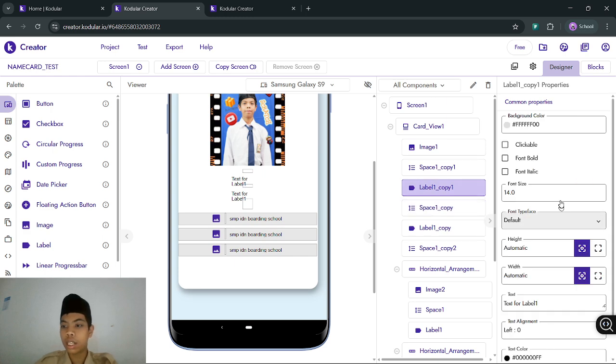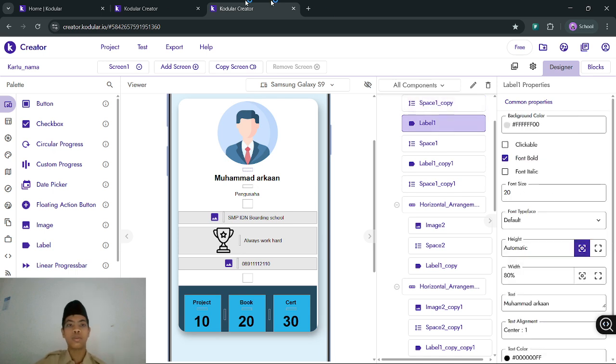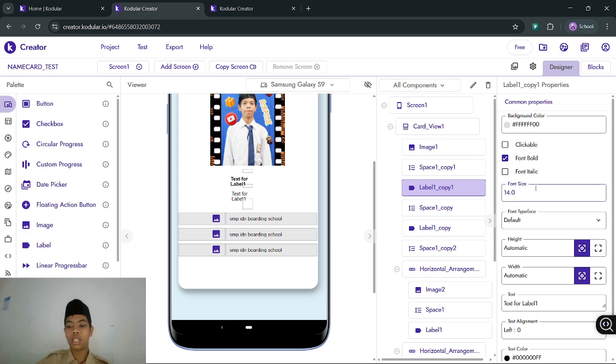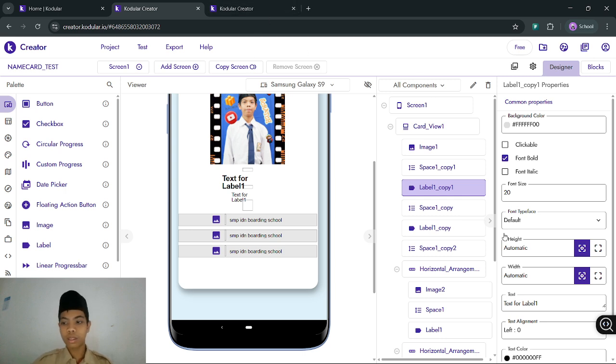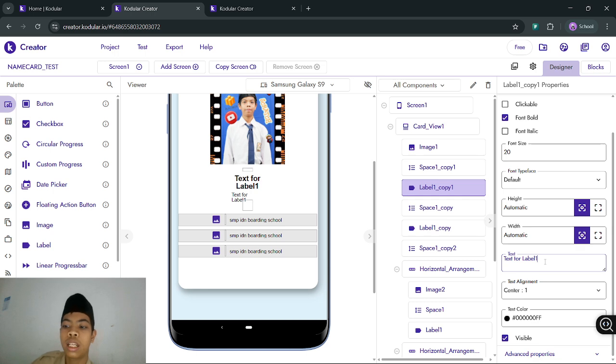So we just need the text label, make it bold, and the font size is 20, and like before, text alignment center, and just write Muhammad Arkan, enter.